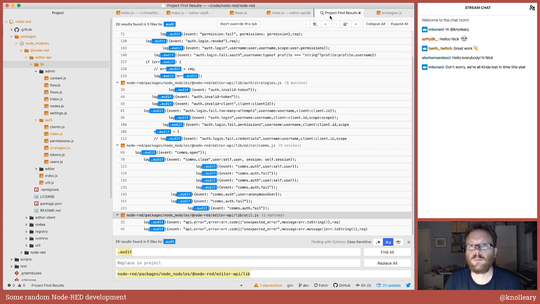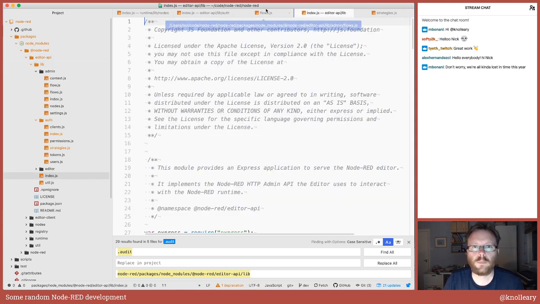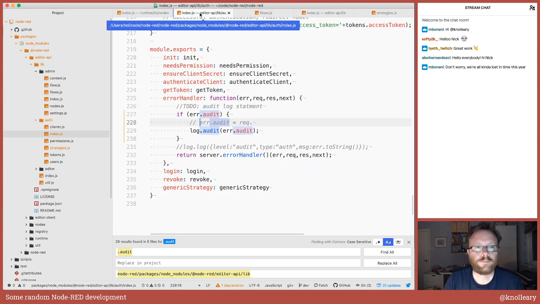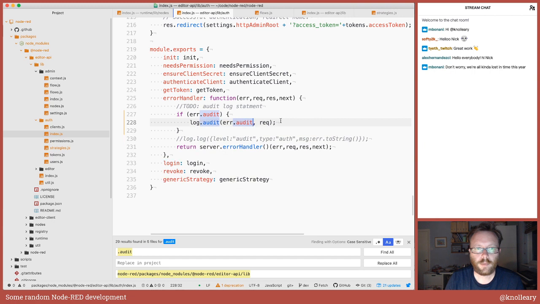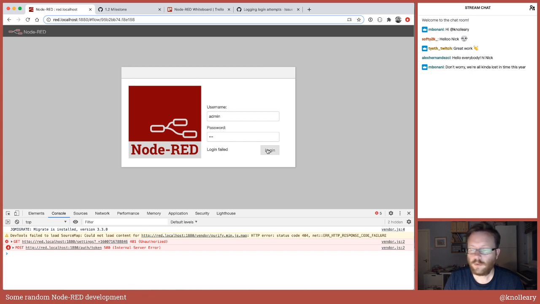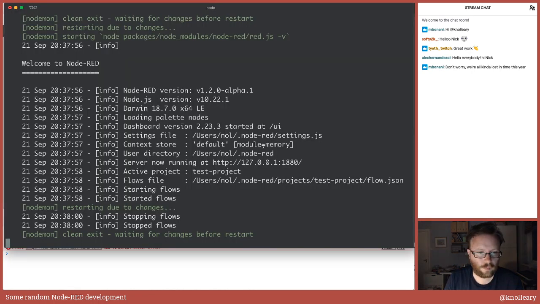Oh, yes, of course. So log.audit takes the second argument, which is the HTTP request, like that. Okay, so we've moved where we do the audit event to a point where we're able to provide the original request. That now means if we've got it,